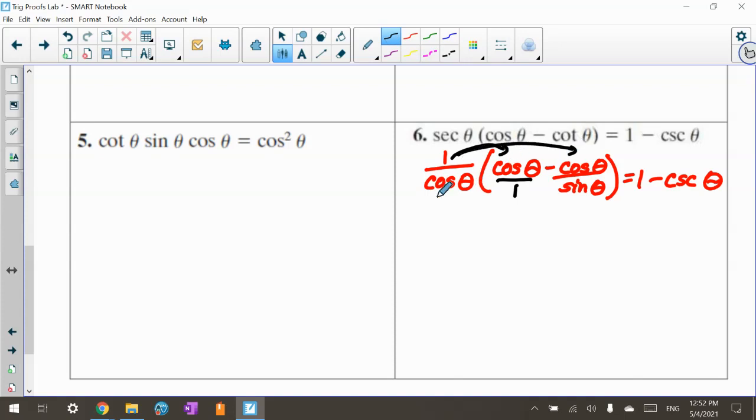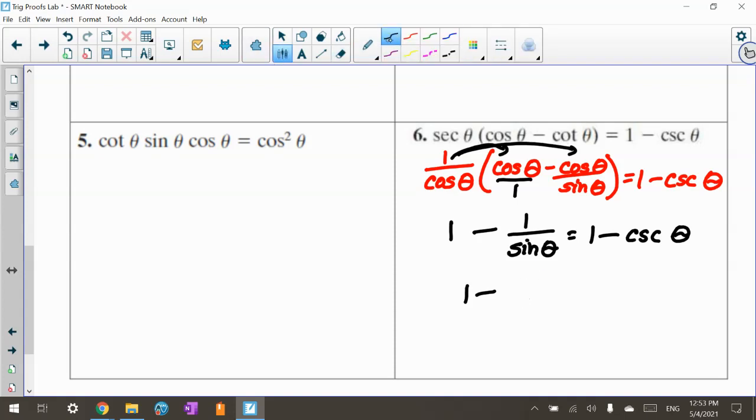And when I do that, those cancel. So I end up getting a 1 minus. And then when I multiply 1 over cosine times cosine over sine, the cosines cancel, so I end up with 1 over sine of theta equals 1 minus cosecant theta. And then I know that 1 over sine is cosecant, so I have 1 minus cosecant